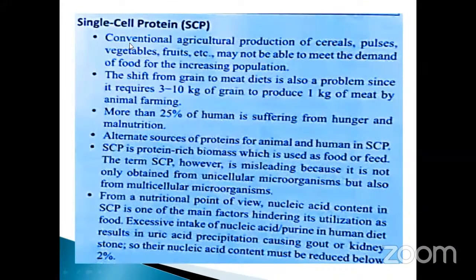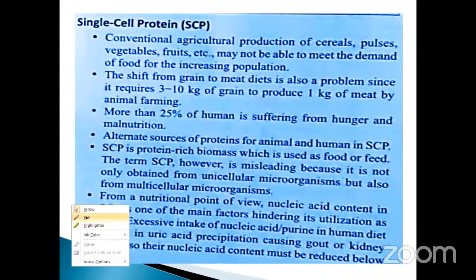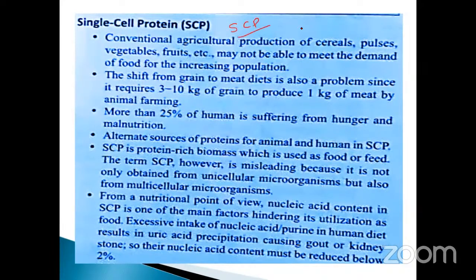See that single cell protein. It is very, very important, my dear students. Take an example: questions on single cell protein, SCP, are important a thousand times in the NEET question paper. Single cell protein is one of the algae. Single cell algae. Many examples are given: Chlorella, Spirulina, and so many others.